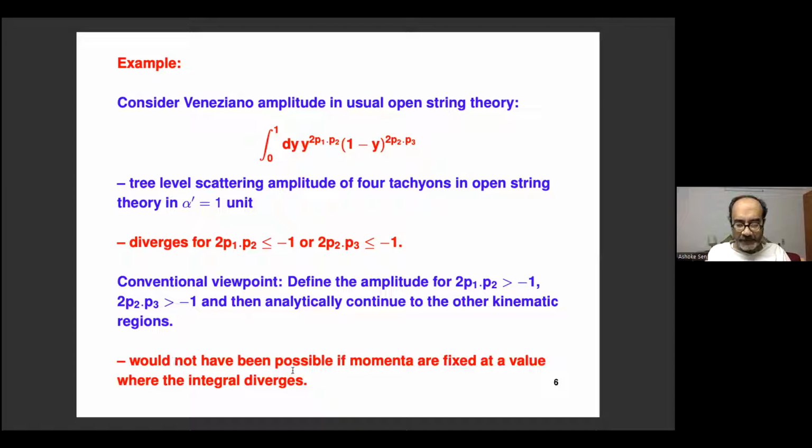integral diverges. Imagine that the momenta, for some reason, were fixed at 2p1.p2 equal to -2 and 2p2.p3 equal to -3. In that case, you cannot continuously vary the momenta. You may not even know this expression as a function of these; you know it only for those special values. And then it's not clear what to do with this integral. There is no analytic continuation that is possible, and this is a kind of problem that